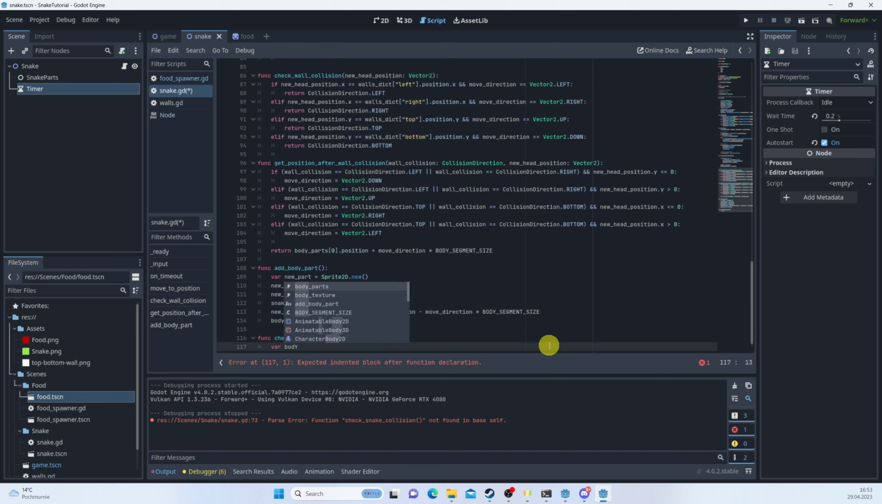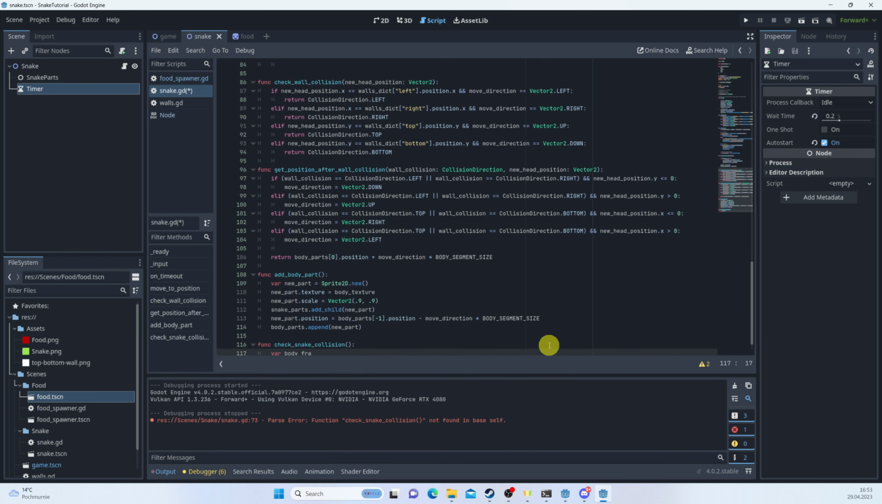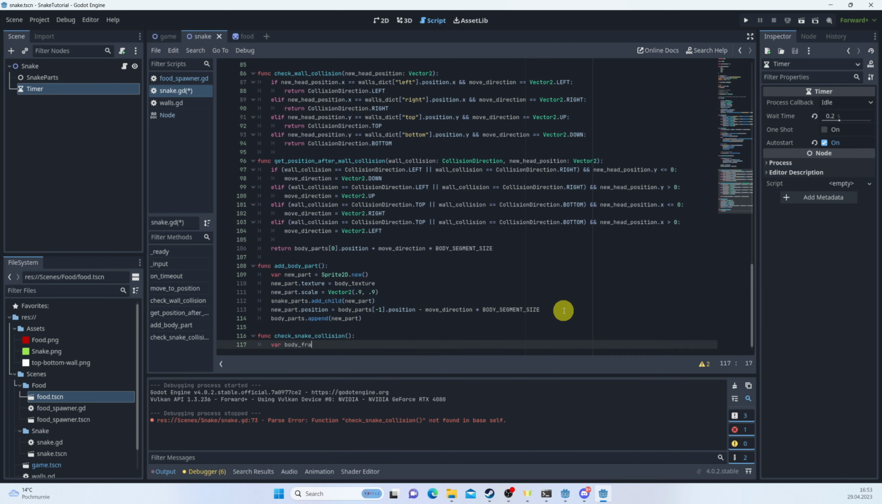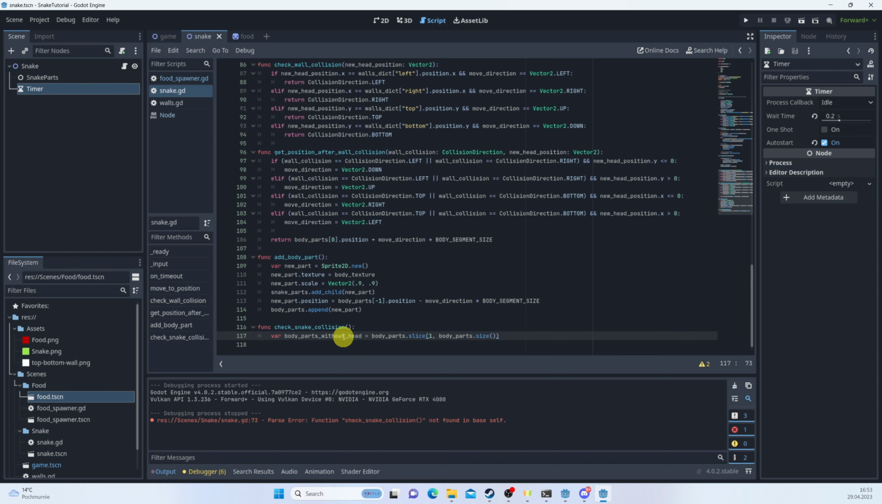So we have to take all the fragments. The head cannot collide with itself, so we could basically take all the fragments without the body, without the head, sorry. Body parts without head is equal to body parts slice body parts size. Okay, so we're creating a new array without the head,